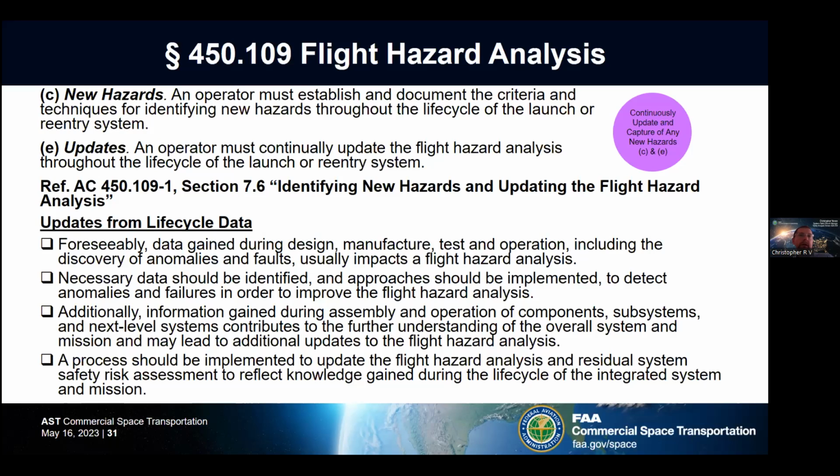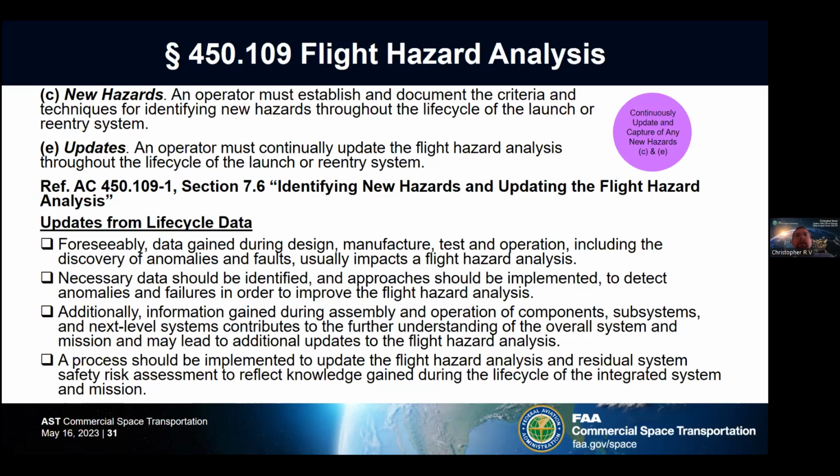Foreseeably, in regards to updates from lifecycle data, data gained during design, manufacture, test, and operation, including the discovery of anomalies and faults, usually has impacts to flight hazard analyses and the system safety case in general. Necessary data should be identified and approaches should be implemented to detect anomalies and failures in order to improve